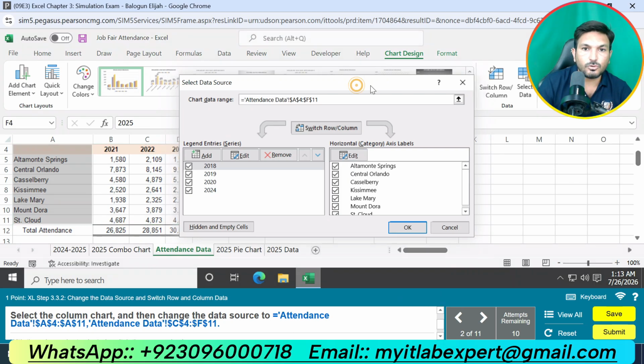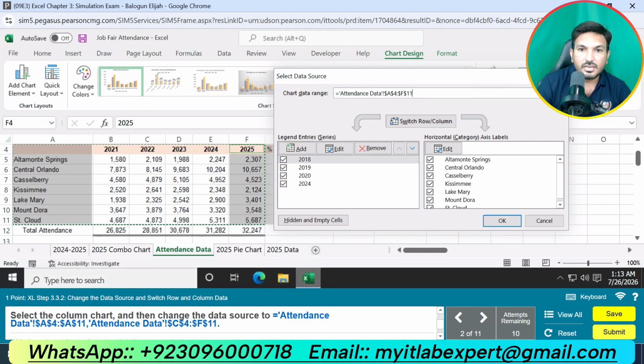So we are supposed to select this data A4 up to A11. We will make this A11. Then comma.